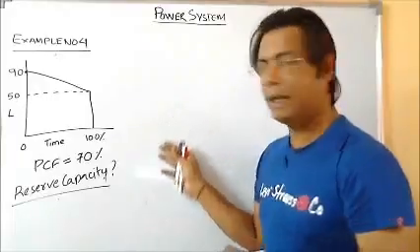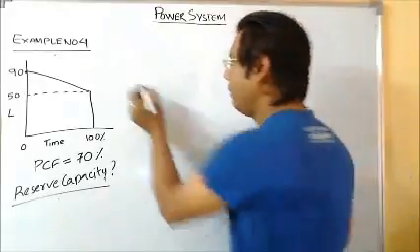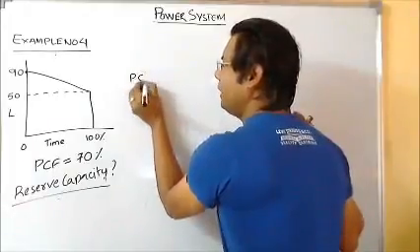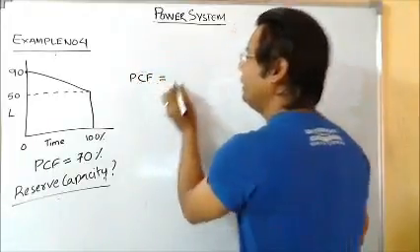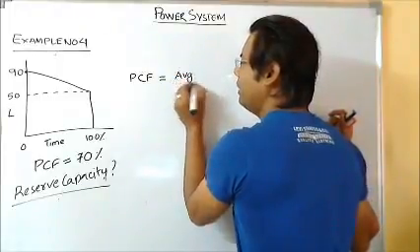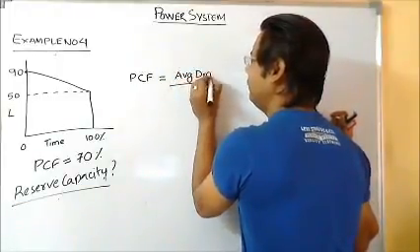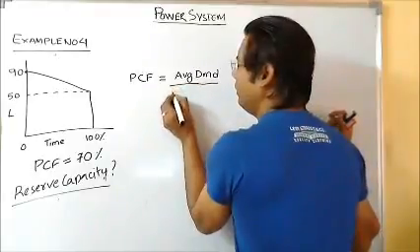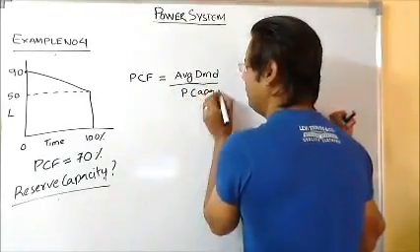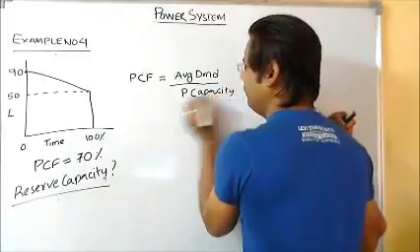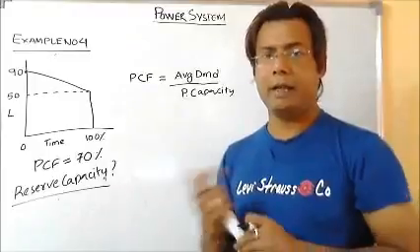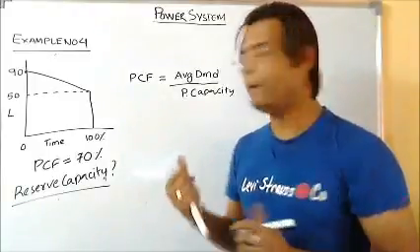So one can understand from here that the plant capacity factor, we know, is the average demand upon the plant capacity. Plant capacity factor is given, average demand is given, so we can find the plant capacity as